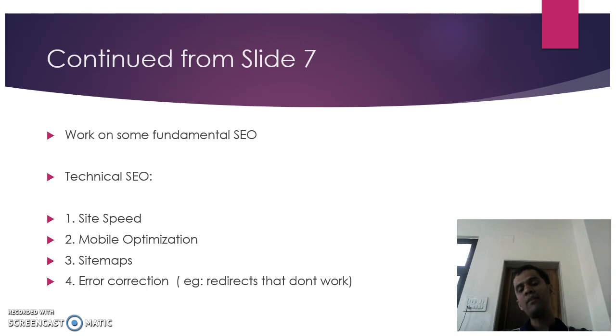So I would say that a website which is as fast as possible will provide a fantastic user experience, which would result in a higher CTR. The next point is mobile optimization. Nowadays mobile users are on the higher side, so your website has to be mobile responsive. You can use the Google PageSpeed Insights tool to see the percentage and scorecard with respect to your mobile responsive website. You have to keep updating your sitemaps